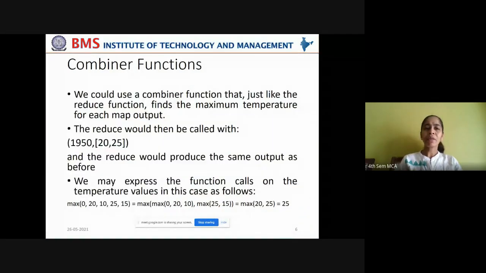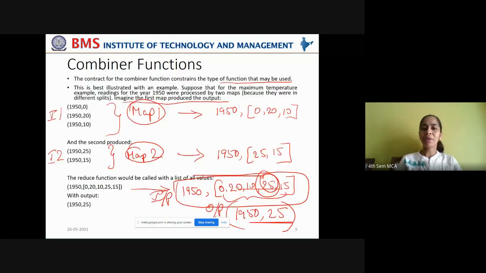Got it? Now in this case, we could use a combiner function that, just like the reduce function, finds the maximum temperature for each map output. So the reduce would then be called with directly 20 and 25. So what happened here?